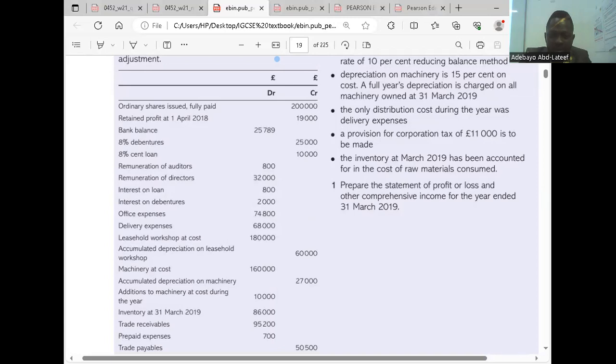We have 68,000 plus 800, which is remuneration for auditors. We have remuneration for directors, which is 32,000. Then interest on loan, which is 800. Then interest on debentures, which is 2,000. And office expenses, 74,800. So the total is 178,400. So 339,249 minus 178,400 is